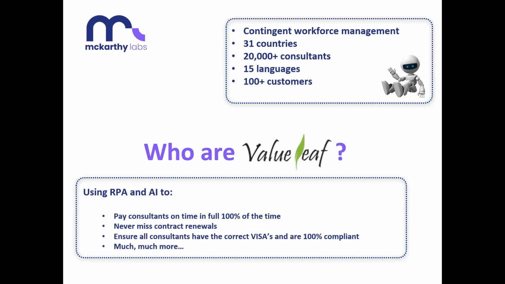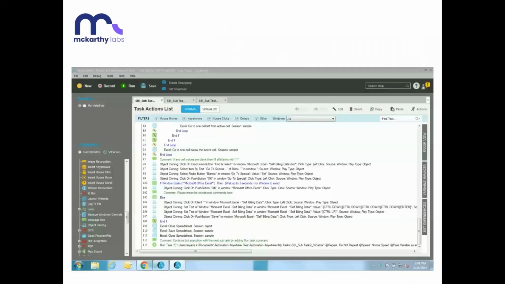So they've really gone onto the journey of RPA and AI and are growing at an alarming rate because of it. So what I'd like to do, if it works, is show you a demonstration. And this isn't the live box because we can't show you live data. We have to obviously show you a sort of proof of concept or dummy data, if you like.